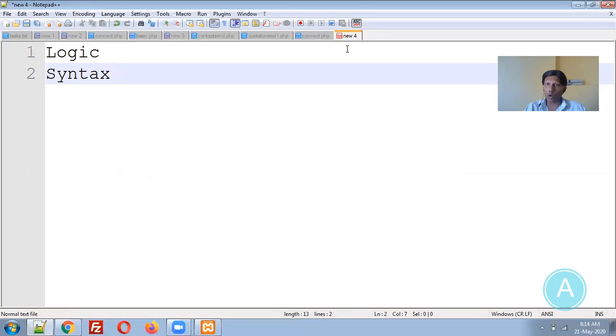Either you have to develop your own logic, or you have to learn from direct experts. These are the only two ways to learn logic. So today I am going to explore the logic part. The syntax part is readily available on websites. So first we will check how much syntax is available, what the possibilities of PHP are, and we will cover that first.